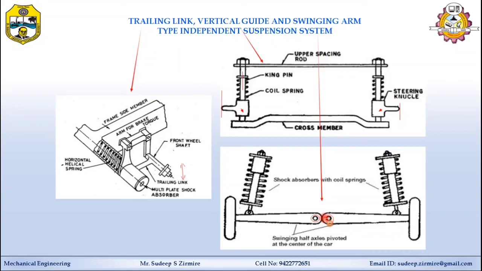The main disadvantage of this system is that the up and down movement of the wheel causes the camber angle to vary during cornering, and it creates a lifting or jacking effect. It lifts the vehicle on one side, as the jacking effect is produced by the positive camber of the outside wheel. So there is a sudden loss of traction because of this. Because of that, this type of suspension system is rarely used in vehicles.